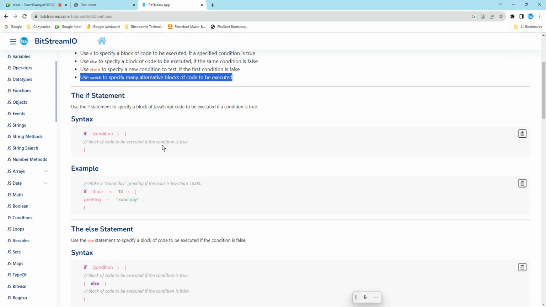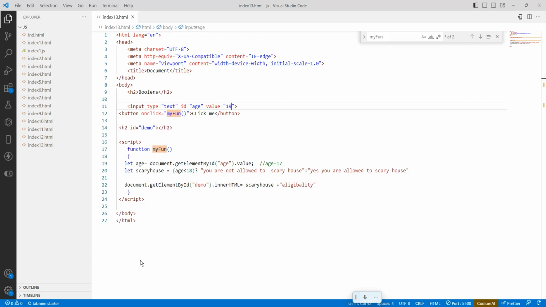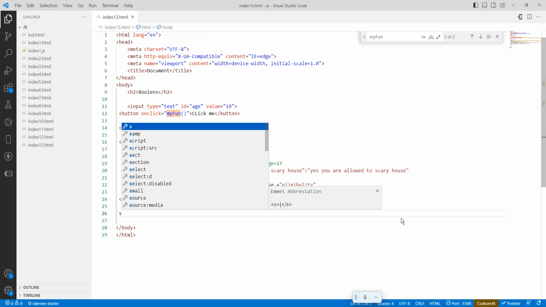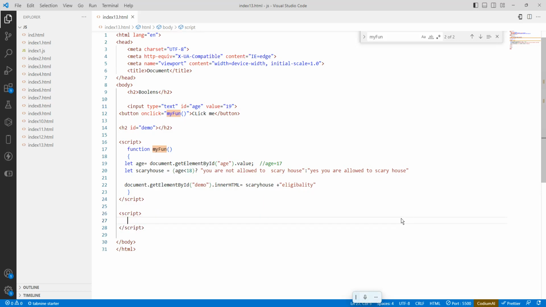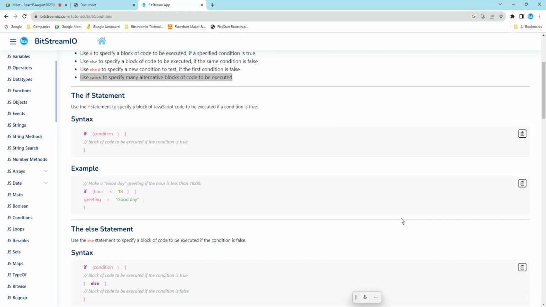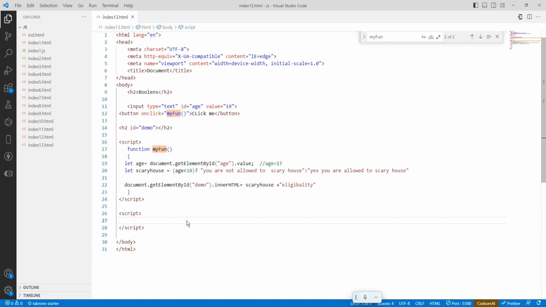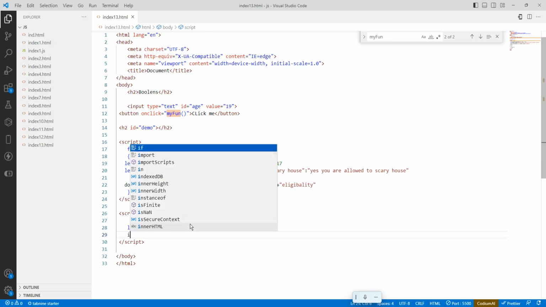The first one is the if condition. So I want to take one more script tag. Inside the script tag, I want to write hours. The first condition is hours. So let hours equal 18. I will mention it. So 18 means what? 6 o'clock. If